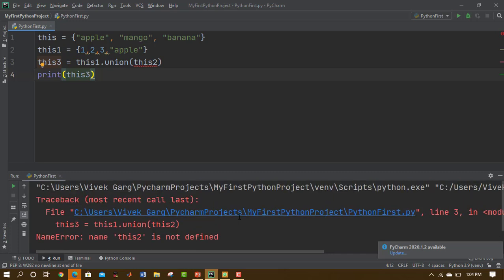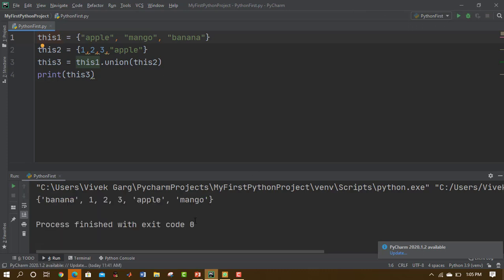Let me just run it. Okay, so there is basically no this 2. Let me just change it. This 2, this 1. Yeah. So we can see that banana, 1, 2, 3, apple, mango are now united in a single set.